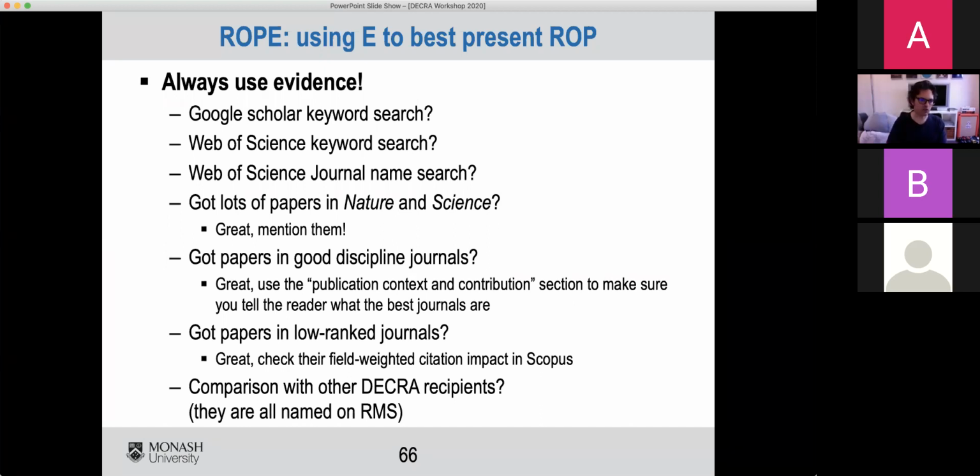But certainly I don't want this to be about you thinking that it's important to hit all of these. You need 4 papers in Nature and Science, 27 papers in your top discipline journals, and you need to be the most published author in your discipline in Oceania for the last 27 years. This is really just about using the most appropriate tools to show what it is about your career achievements that sets you apart from some peers. So it's about making sure that you present your CV in the best light using the evidence that you've got available to you.